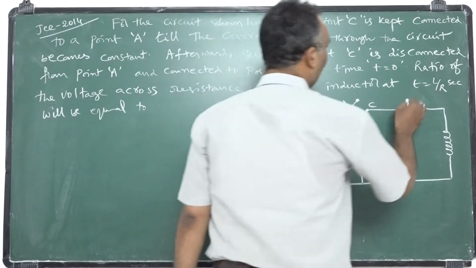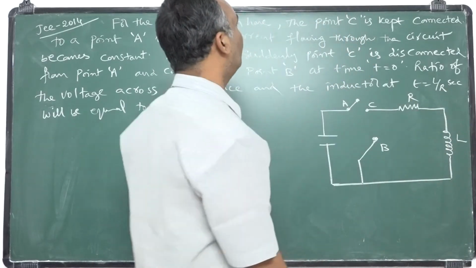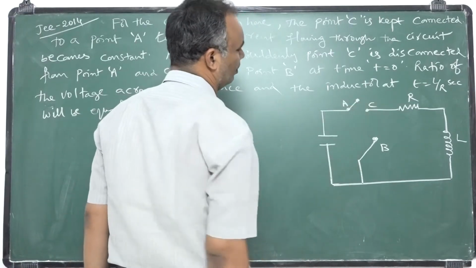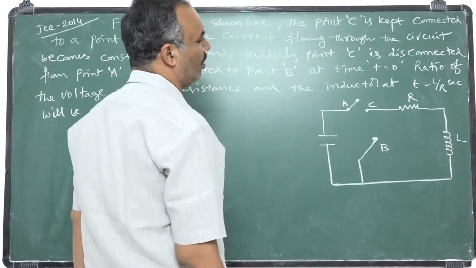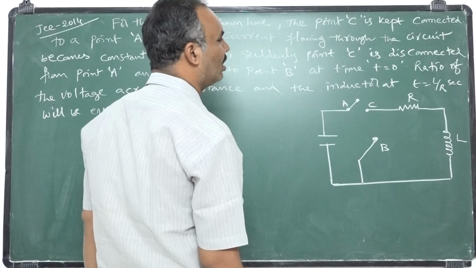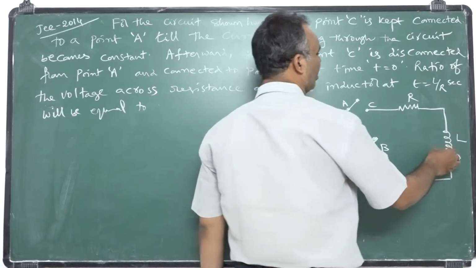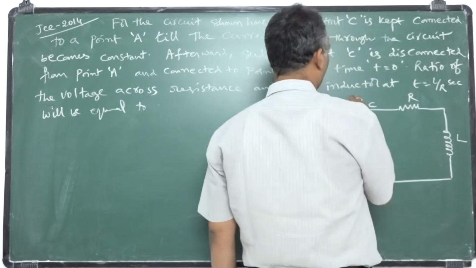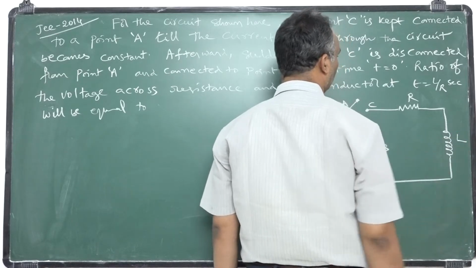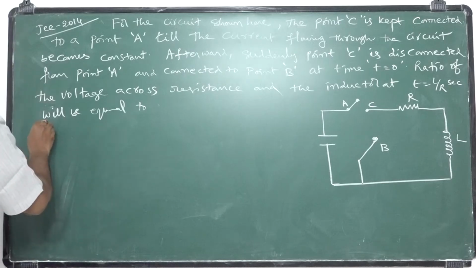Now here is a resistor, here is an inductor. So clearly it is an LR circuit. Initially A is connected with C. When you connect A with C, the current is going to increase in the LR circuit. Energy is stored in the form of magnetic field in the inductor. Once you connect A with B, that energy stored in the inductor is going to decay its value. So based on that solution,